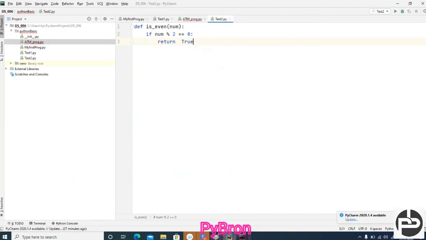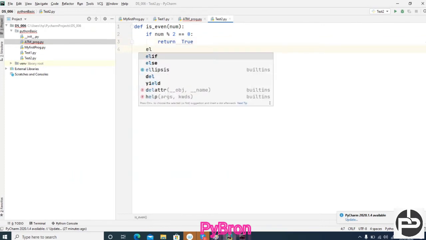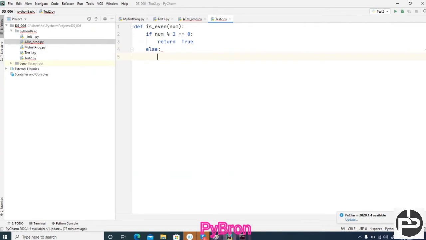True means if it is even, then it returns true, else it should return false.